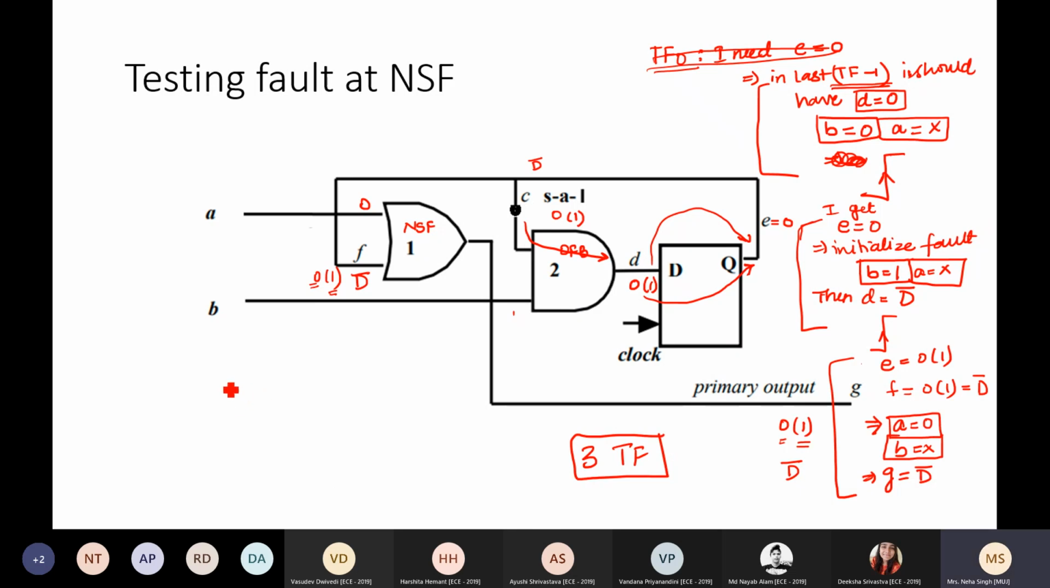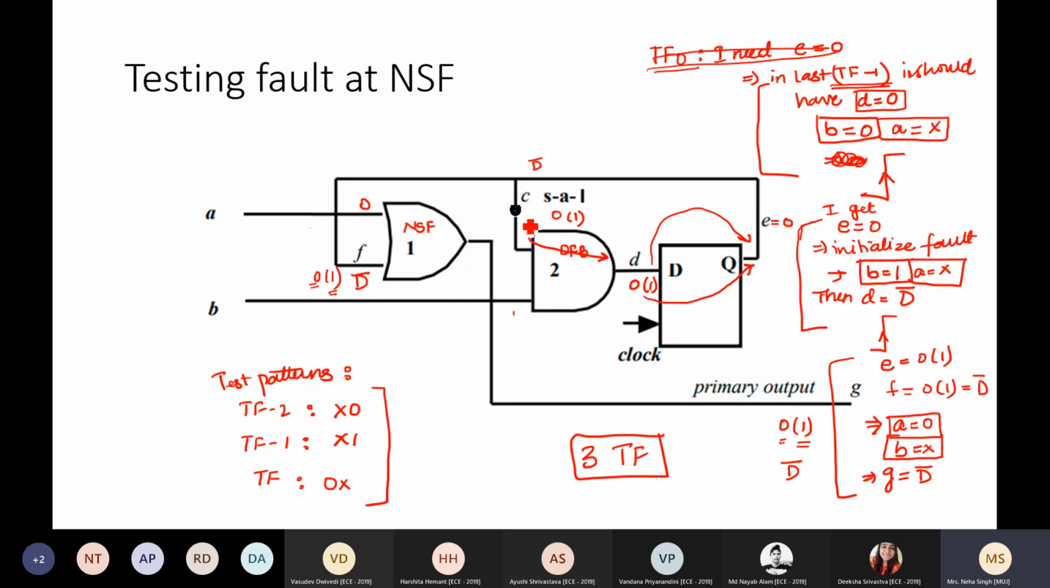पहले टाइम फ्रेम में आपका टेस्ट पैटर्न क्या था? In TF minus 2, the test pattern is X0. Then I need to put my test pattern to X1 here, right? और एक्चुअल टाइम फ्रेम में जब मुझे आउटपुट पर फॉल्ट मिलेगा, what is my test pattern? A equal to 0, B equal to X. So now I have to have 3 test patterns applied to detect a single